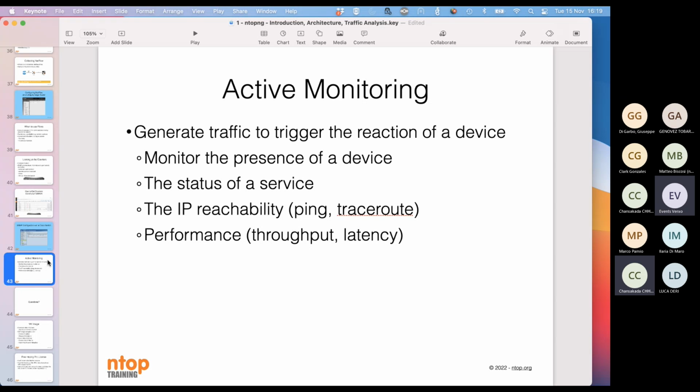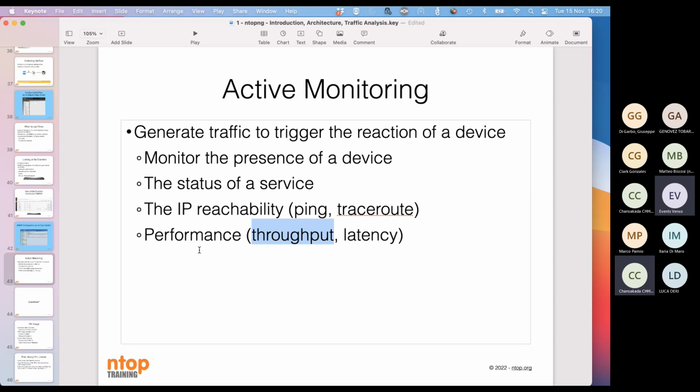And we use this to monitor, for instance, with the device discovery to check the presence of a device, so to have a taxonomy of the devices in our network. But we can use this also to check the status of a service. So for instance, we can ping or do a request towards a machine or a specific service on that machine to check if it's up or down, to check the performance of the service, check the throughput, to check, as we've seen before,